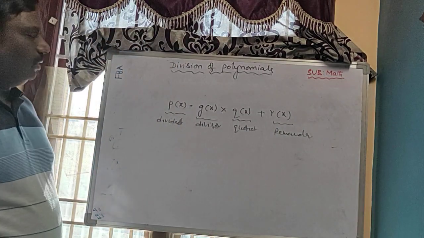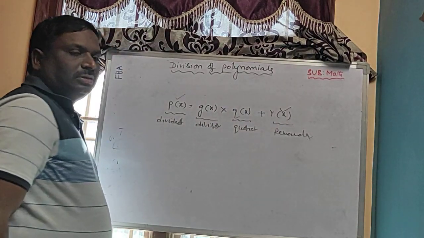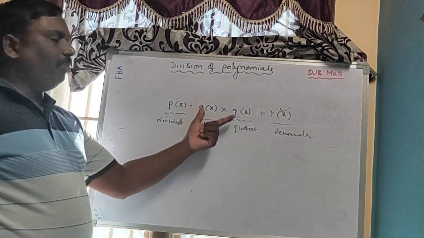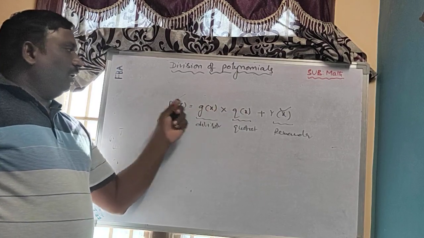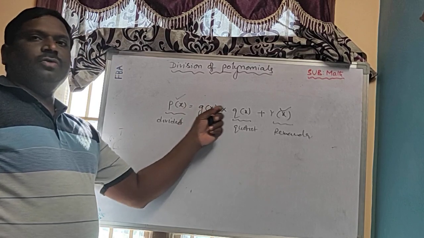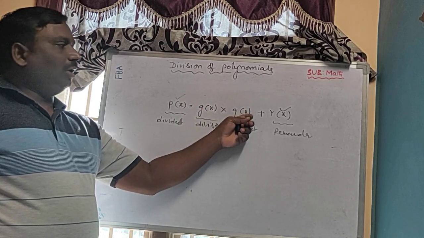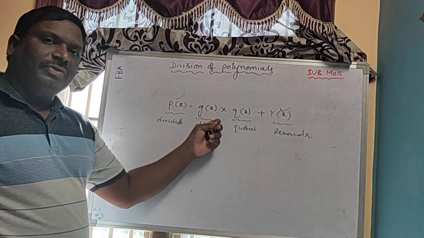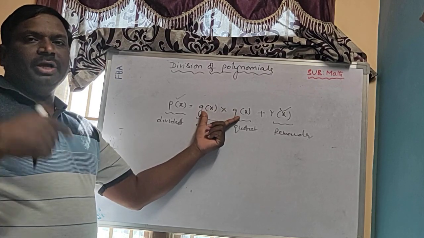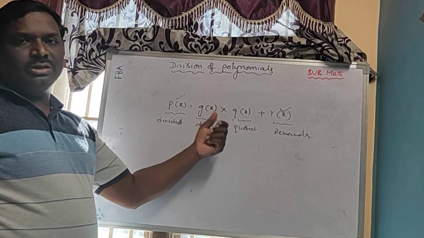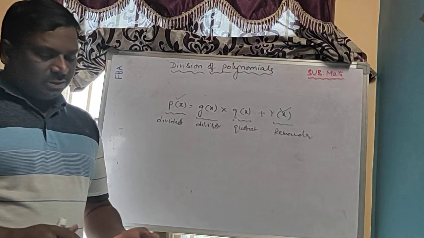This is the remainder. When they give p of x and r of x, and from these two any one of the polynomials, we have to find the other polynomial. If they give g of x along with p of x and r of x, we have to find q of x. Sometimes they give q of x along with r of x and p of x, and we have to find g of x. So from these two polynomials, any one they will give, and the remaining polynomial we have to find. That is the last model. These are the models in this exercise.